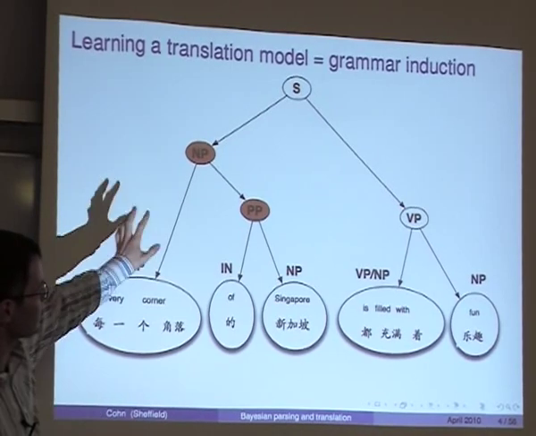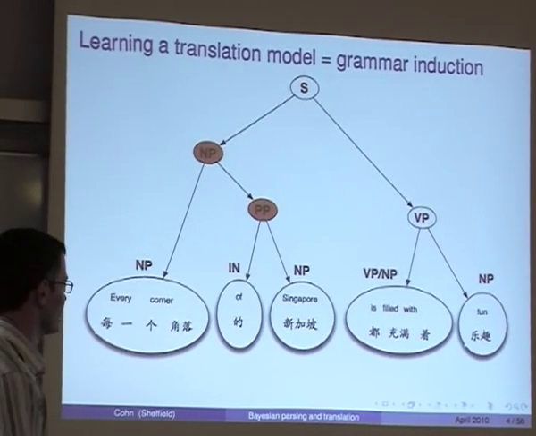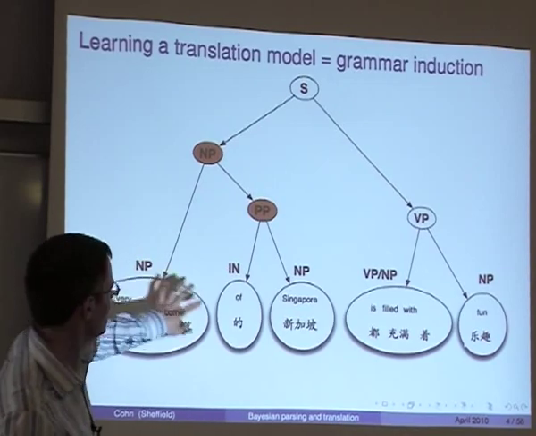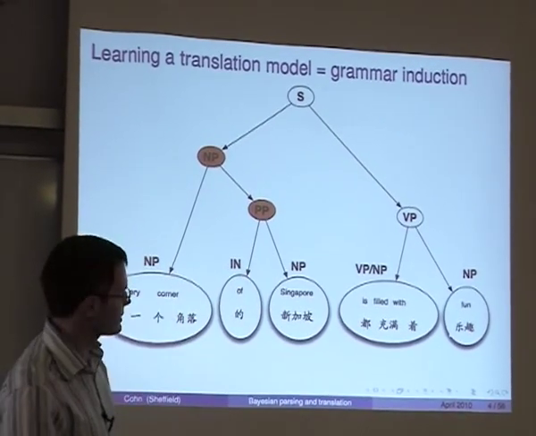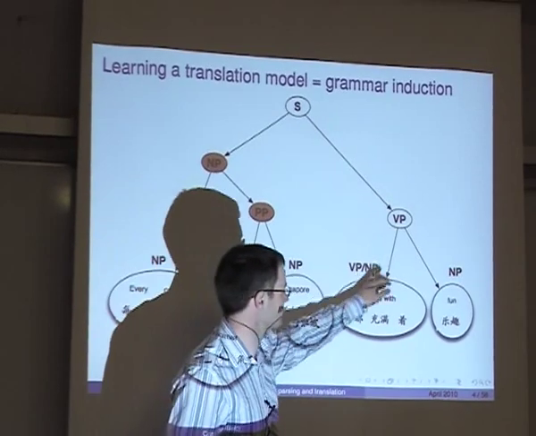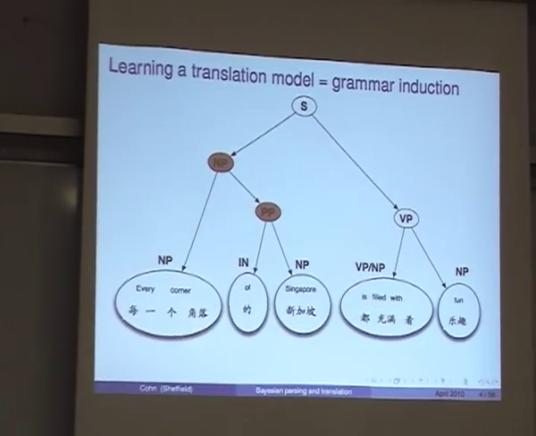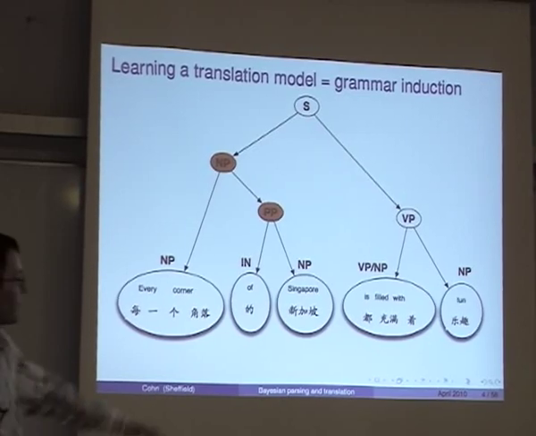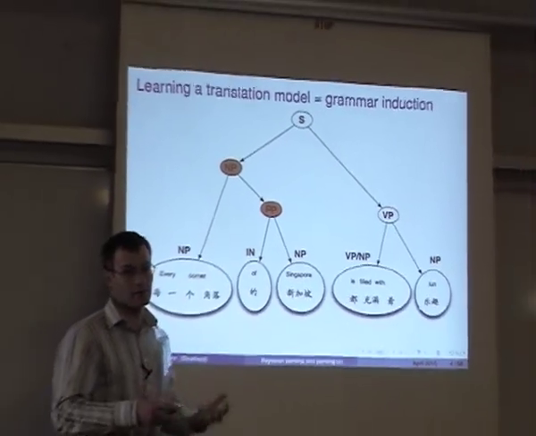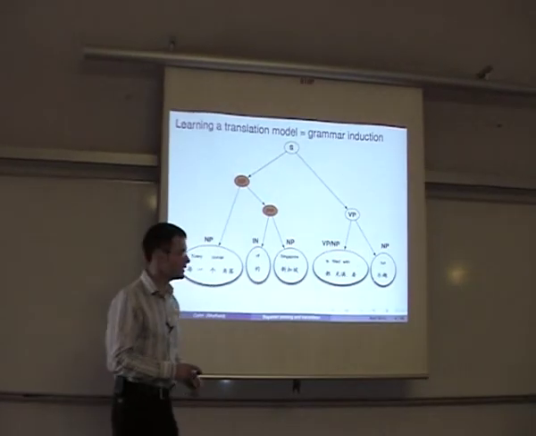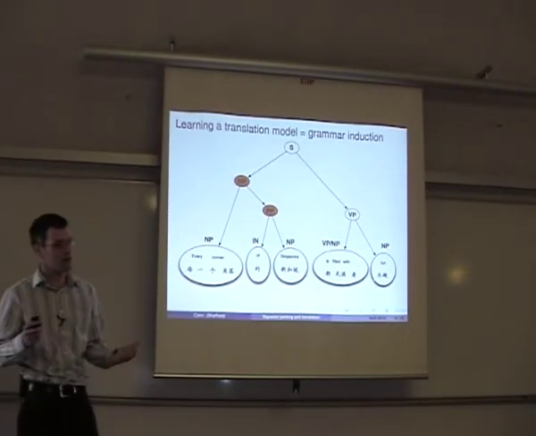What we'd really like to see is something a little bit more linguistically motivated. We'd like to see that it learns that there are things like noun phrases. There are maybe things with interesting categories like CCG categories, a verb phrase missing a noun phrase to the right, and other types of categories. And also things like licensed reordering being quite important for translation. So this is the overarching aim.